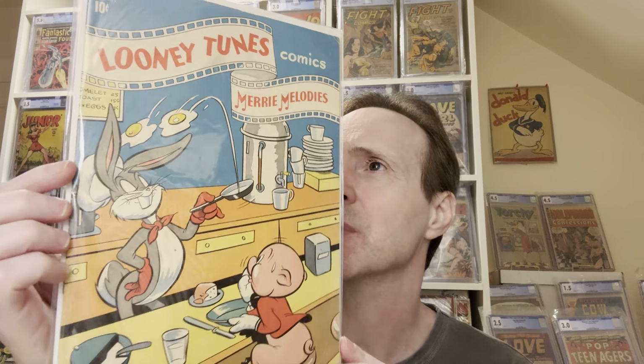But then we got this one. This is Looney Tunes and Merrie Melodies Comics number, I think it's like 90 something. Wait, why doesn't it ever say? I think it's like 93. I want to say 93. I might be wrong on the number. But